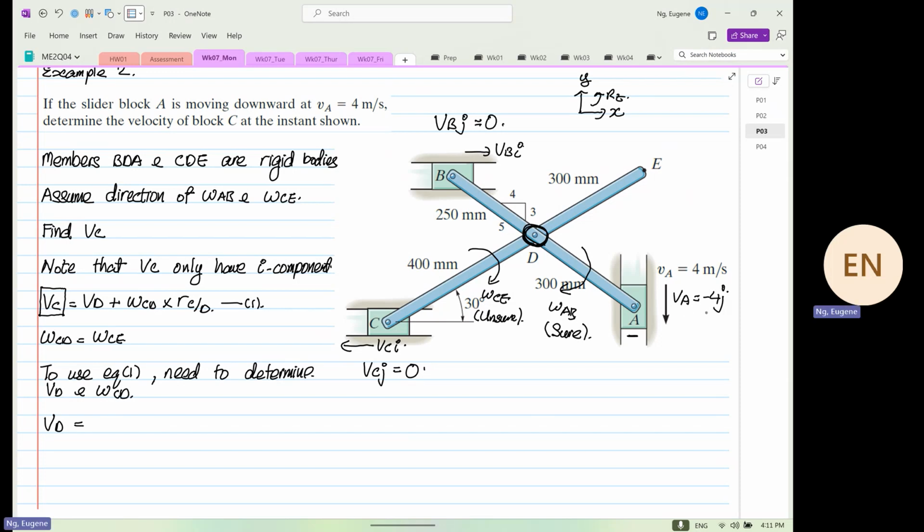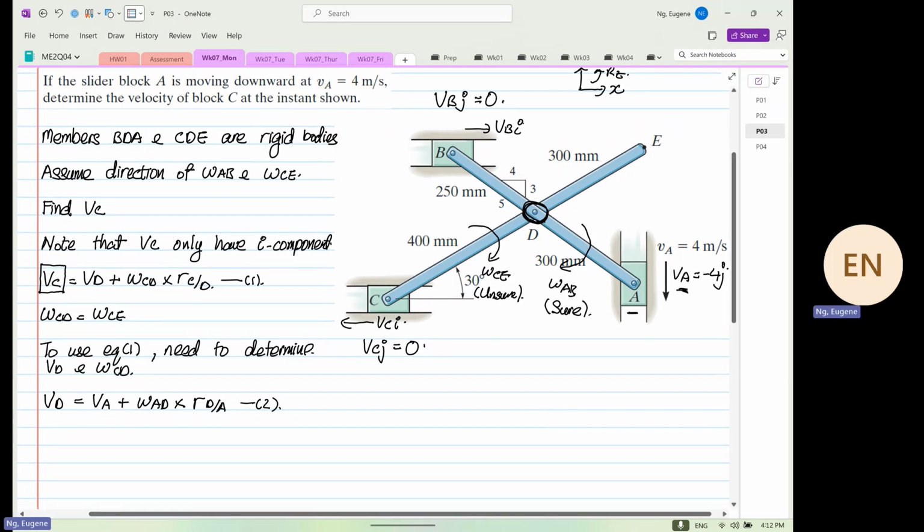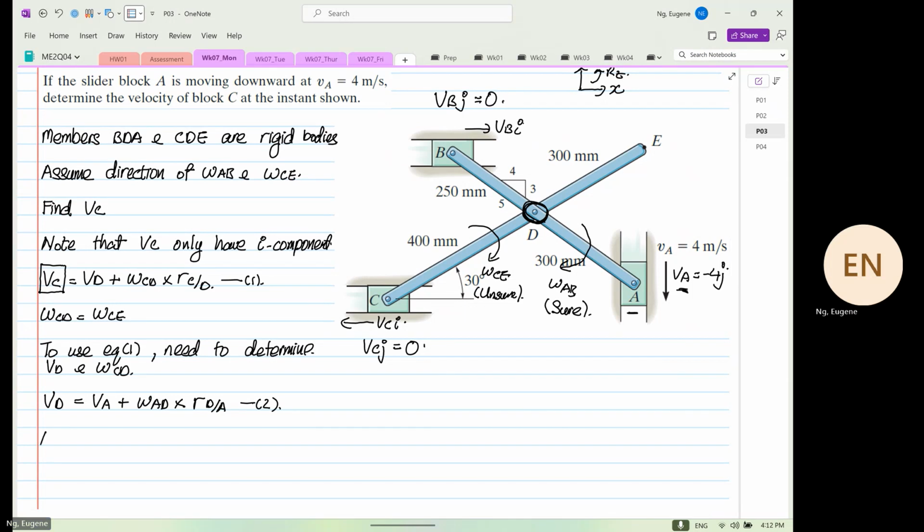Determine the velocity at point A, which is given. So we know that we can use VA plus omega AD cross R D from point A, equation number 2. Now, one thing for sure, we know that at this instant,